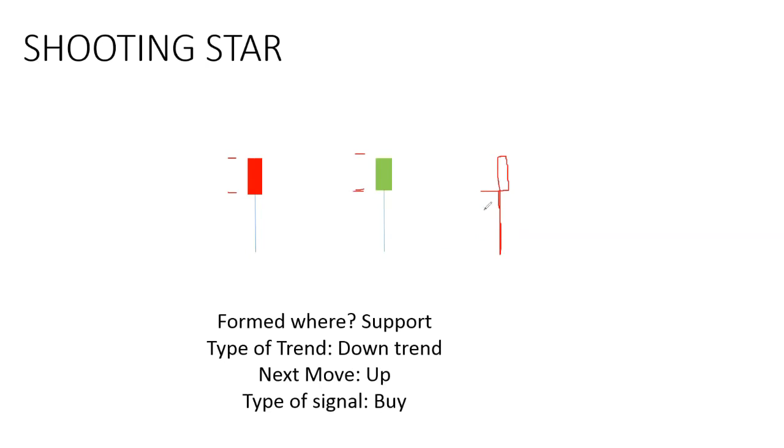Since the bulls have won at the specific time interval, it shows that the bulls are now taking over. The bulls are starting to be strong, so you can expect an upward movement. That's why it's written here: formed on support. If you find this specific candlestick on support,